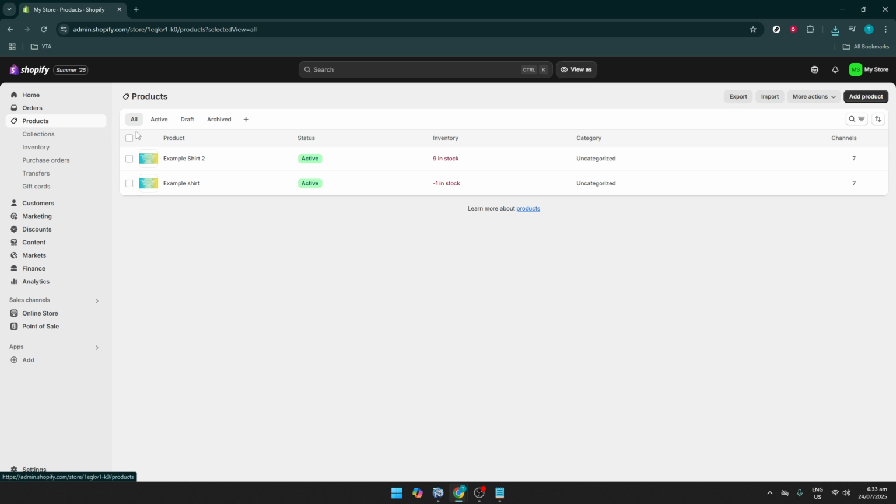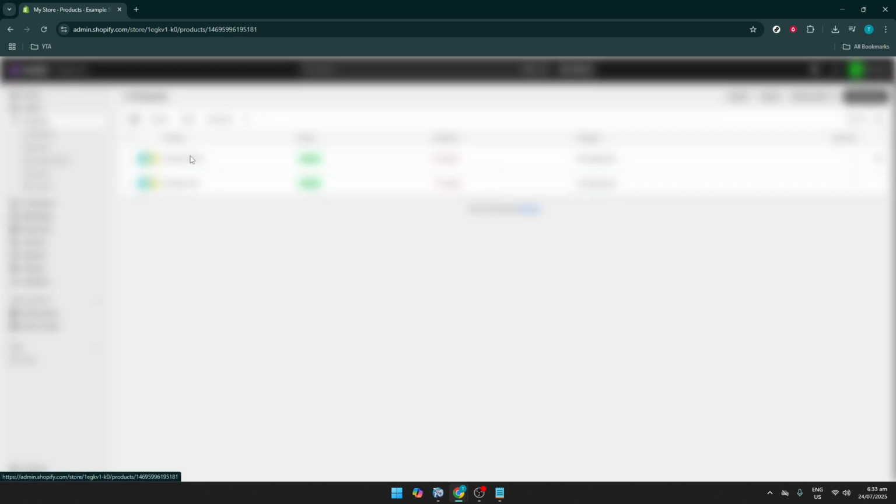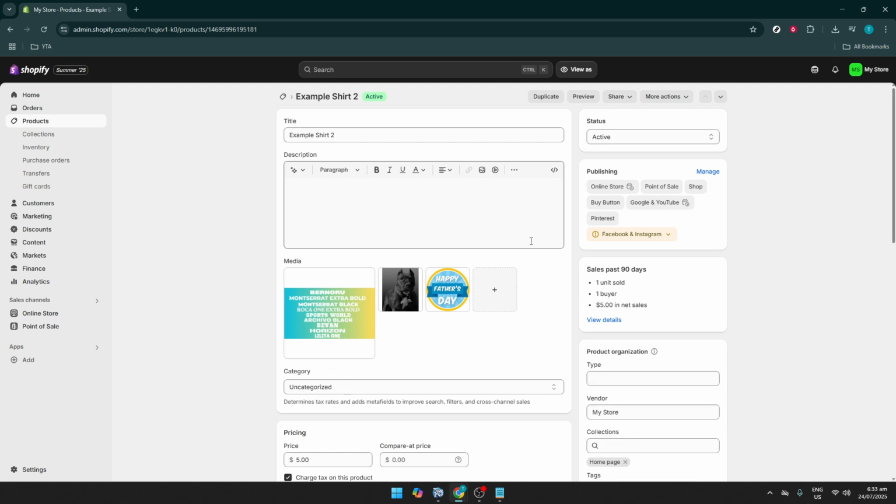Now that you're on the Products page, take a moment to scroll through and locate the specific product on which you need to enable tax charging. In this example, we're focusing on Example Shirt 2. Click on this product to access its individual settings and details page. This will take you to a new page tailored to the specific product where you can see all the options